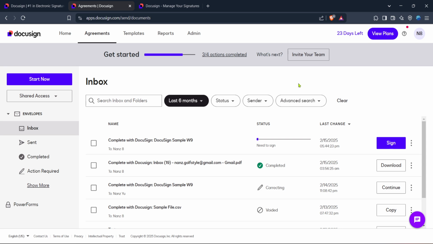Locate the Sign button. This feature is straightforward but impactful. By clicking Sign, you initiate the process of electronically signing your document. Docusign will guide you through uploading your document, placing the signature fields where needed, and finalizing the signature. It's intuitive, but if at any point you feel uncertain, Docusign provides helpful tips and sometimes even a helpful step-by-step